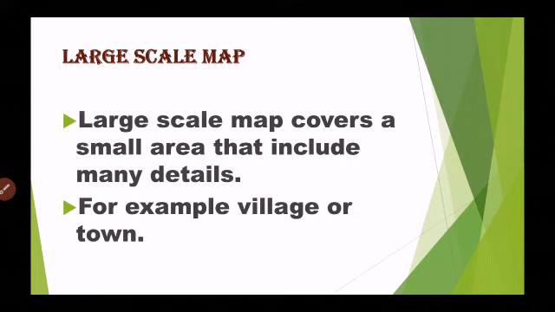Okay, for example, a village or town. We can also say that large scale maps many times you can find for any society or any particular area, or nowadays we can see that different townships are built everywhere. So if we go to any friend's house or any relative's house, and we want to find their house, outside of their society area a map of that society is kept, and there we can find in which block they are living, or in which direction we can go for their home.